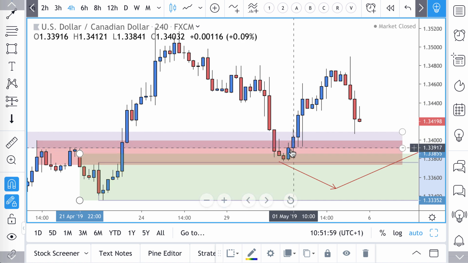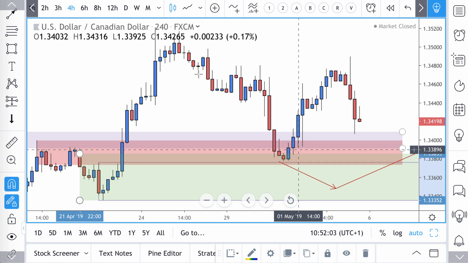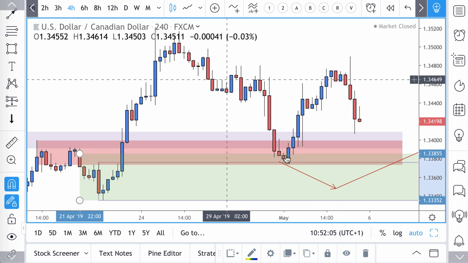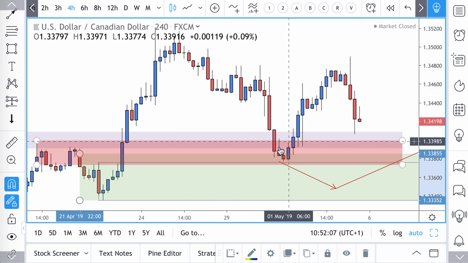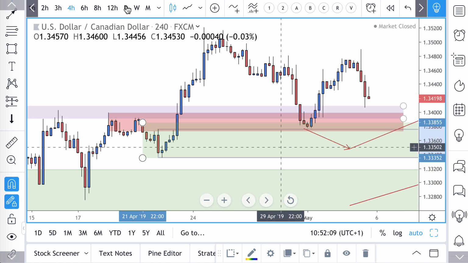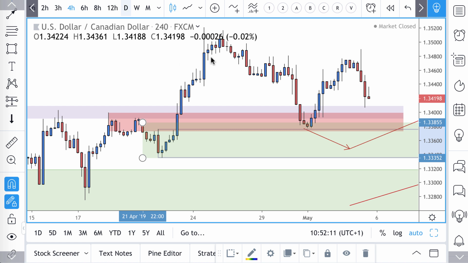It's actually a nice setup. Anyway, can't get them all, but yep, this was a very nice setup, 2 candle swing. I don't know why I wasn't aware of this. Anyways,